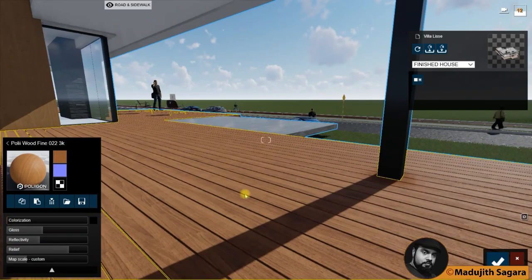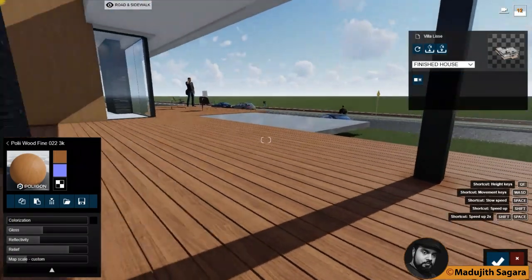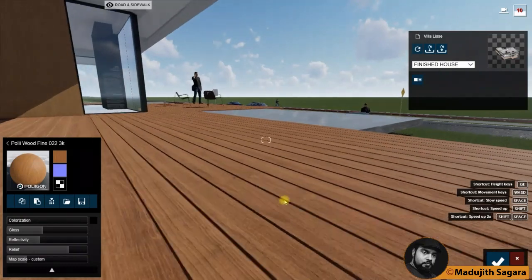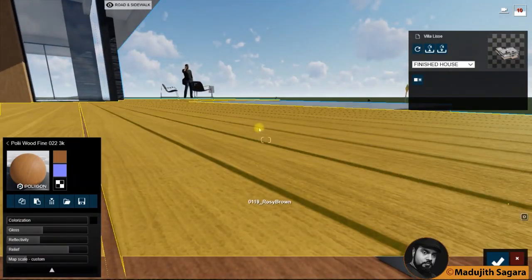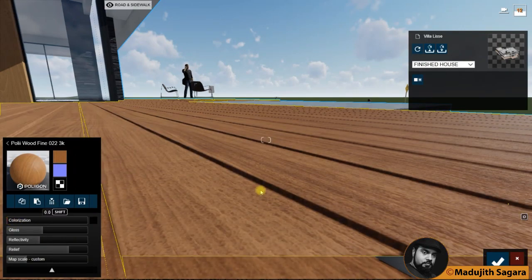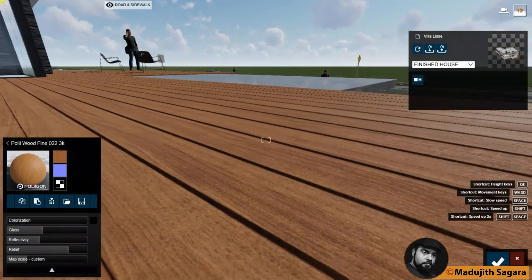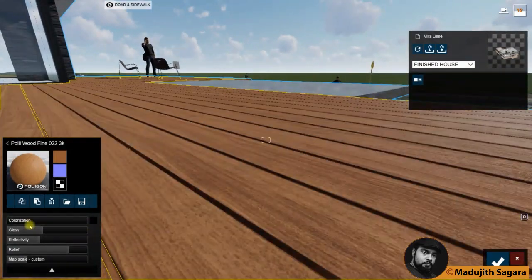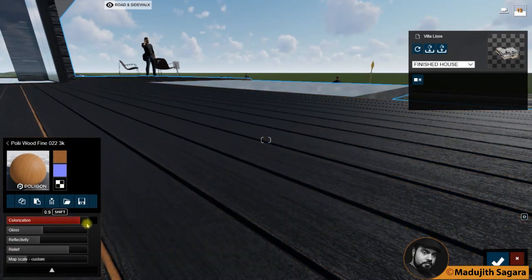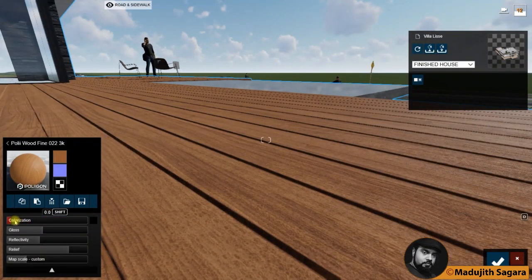Here you can do so many changes. I will give a very close-up view. Now you can see the material very well. Now I will first of all change the color. Here you can see it very well. I will change the color. That is called colorization. Here you can see the color is getting changed. If you need to change the color, you can do it like this. If you don't want it, come to the original position.